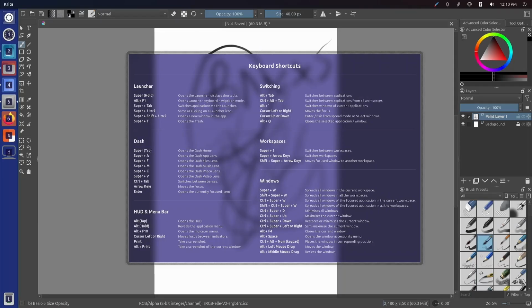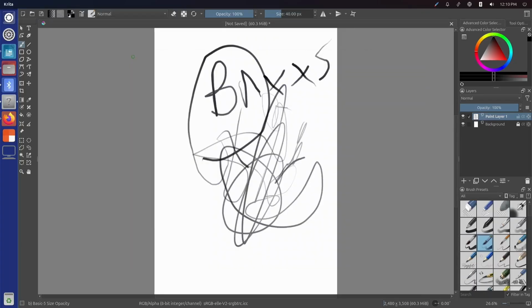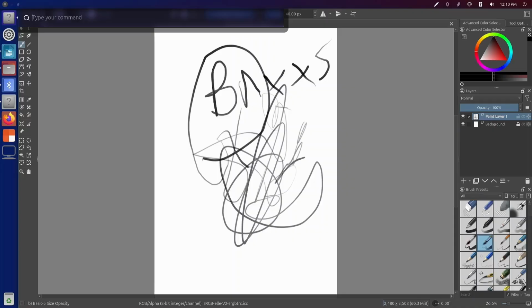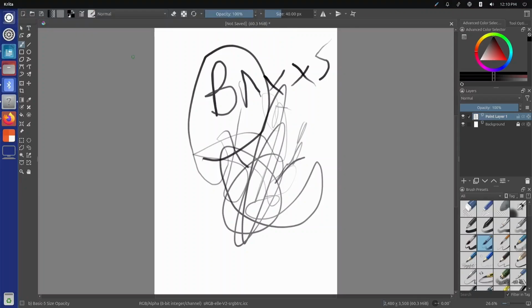HUD and menu bar. Okay. Alt tab. Okay, so tap. Okay, let's do tap. Okay, I'm back to my mouse now. Go up to LibreOffice.